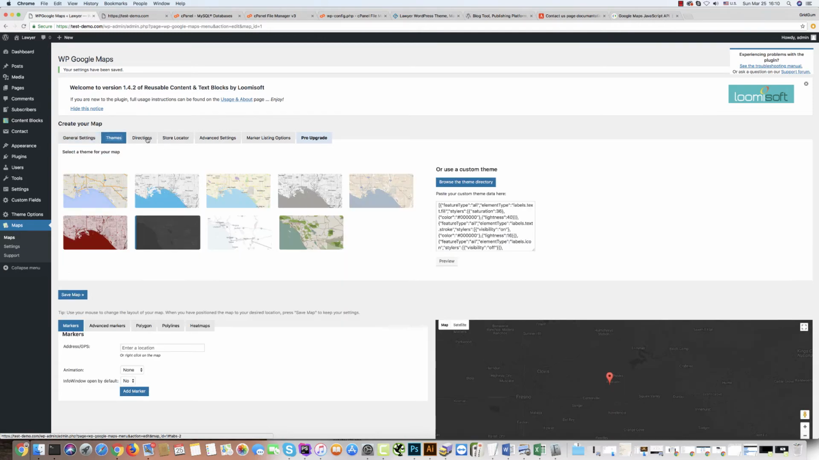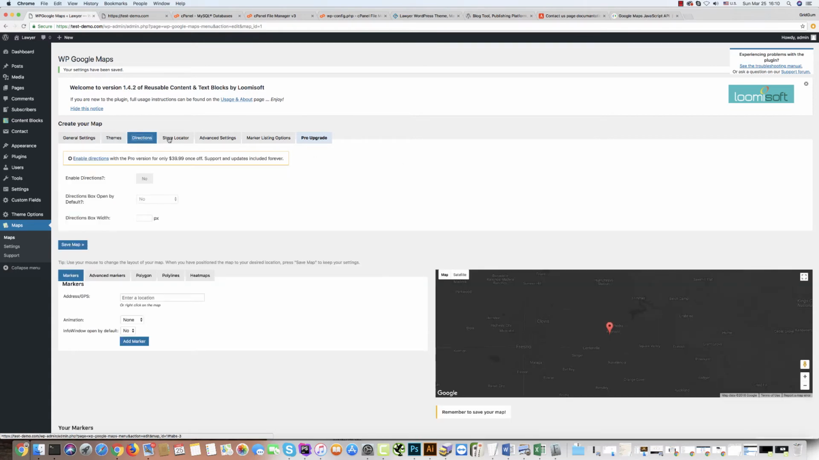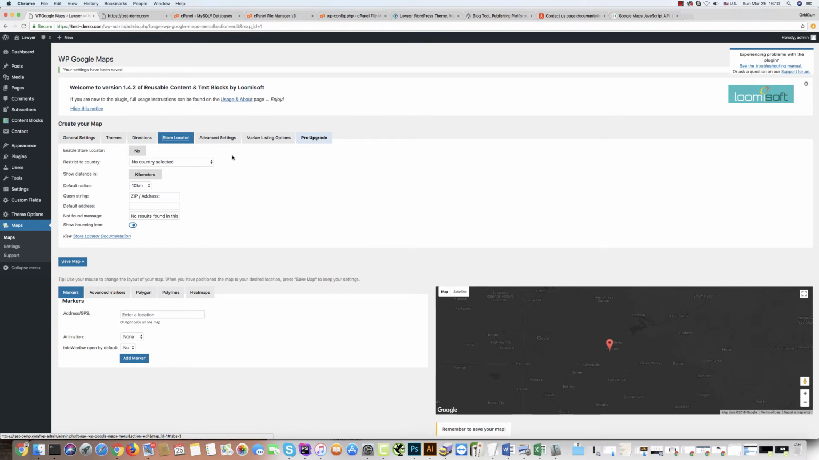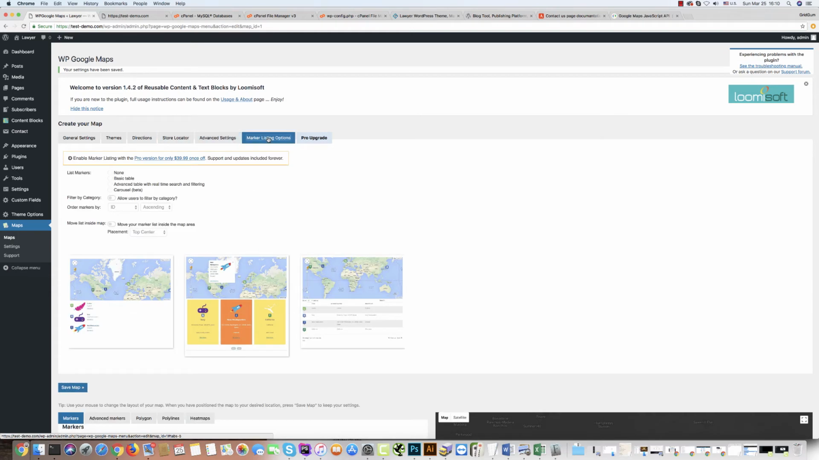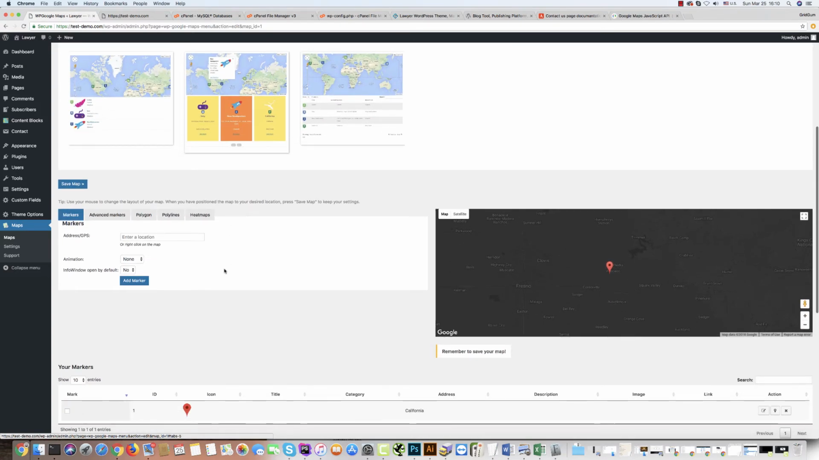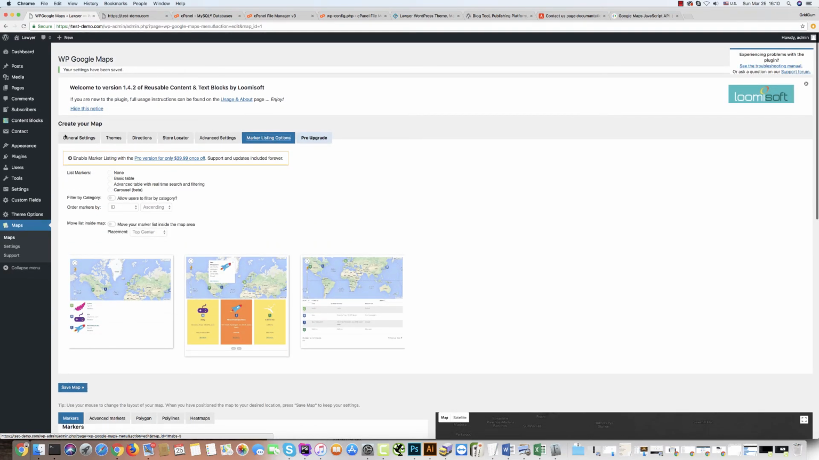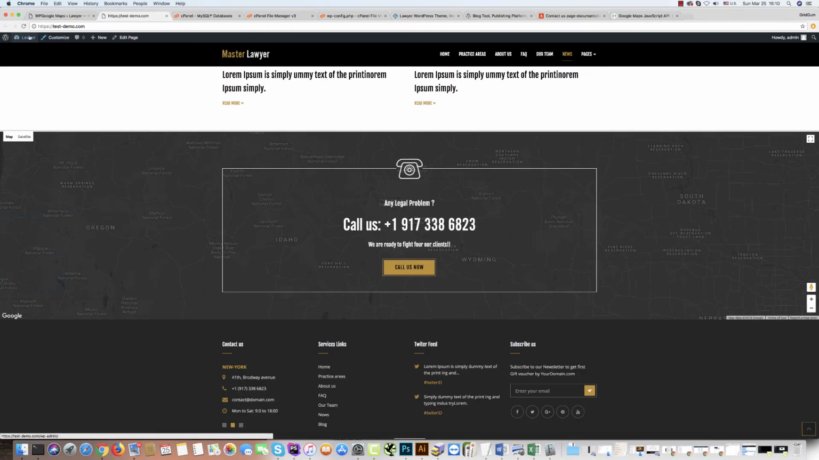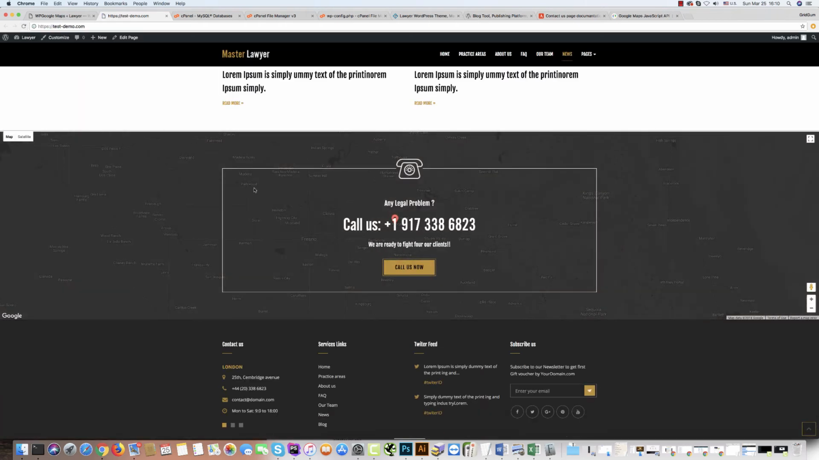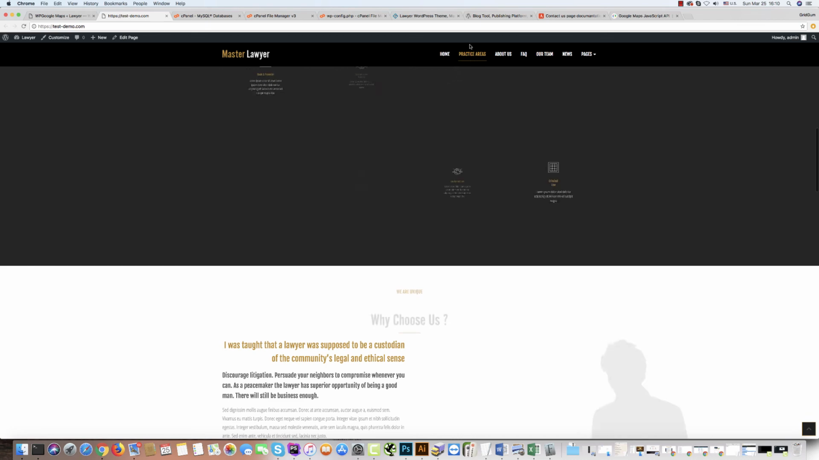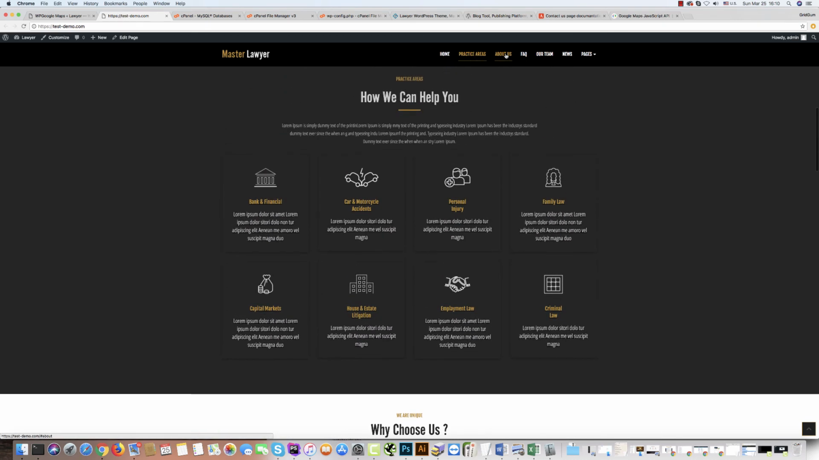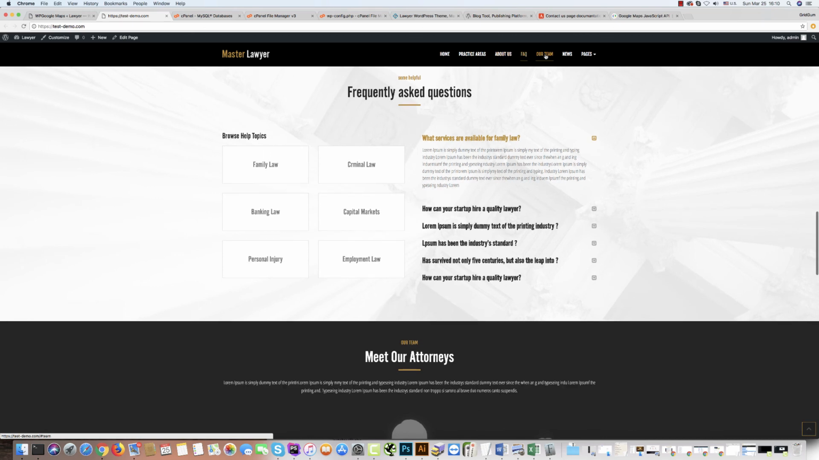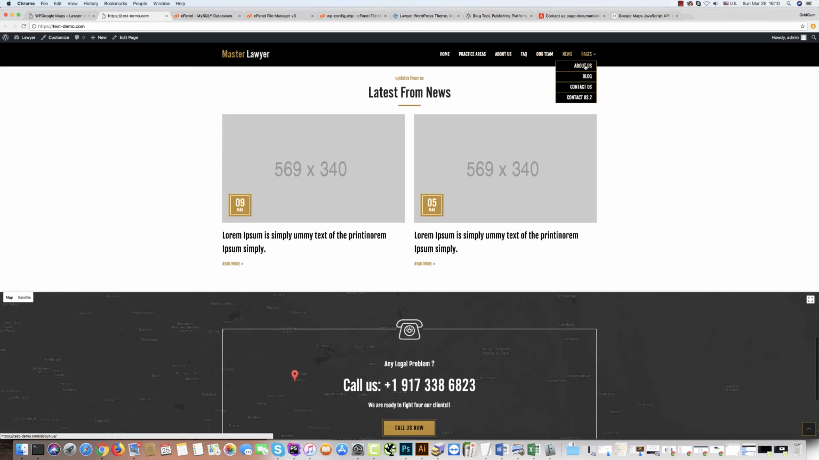Here you can find how to set the Google Map location, how to set your company address and location in this Google Map. We will just check how it works. Yes, it works fine. Our team, news, about us,